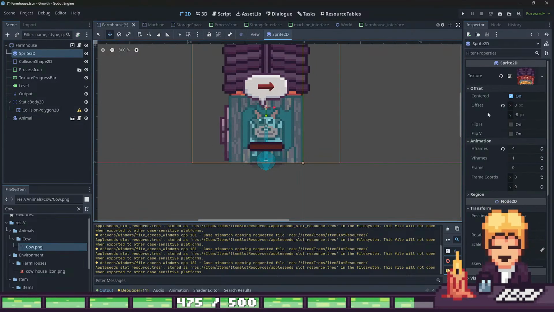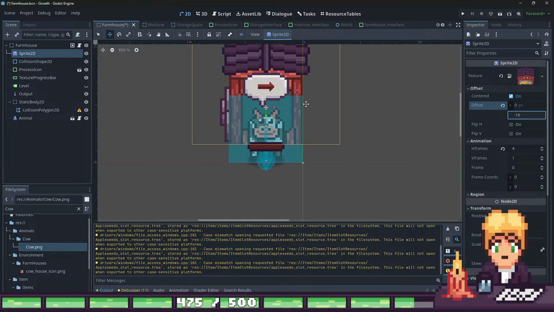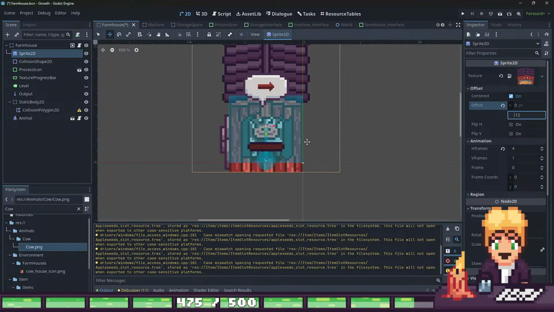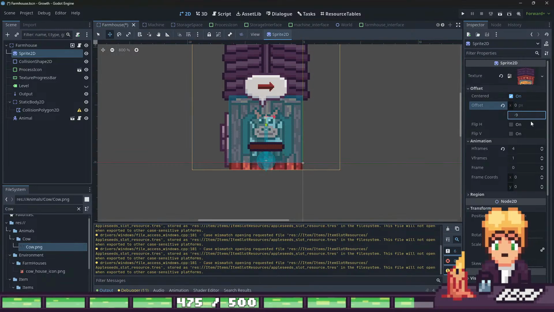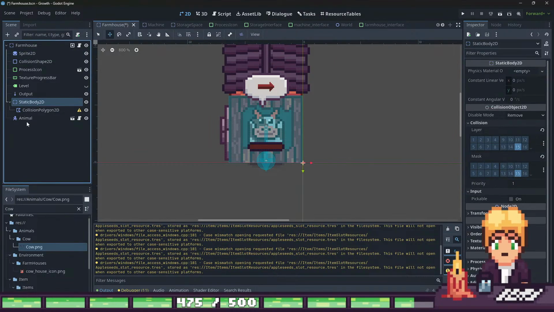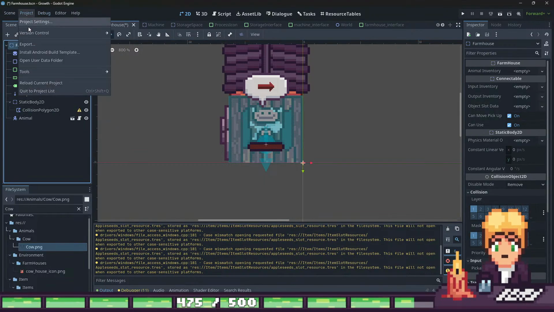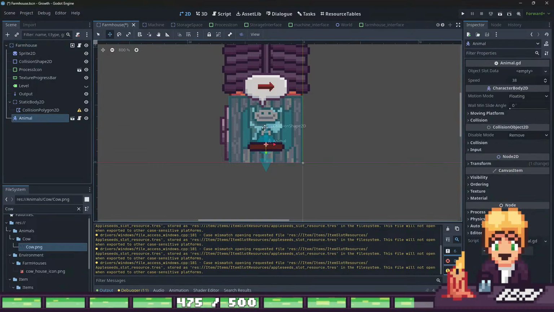Here the cow should still be behind. I hope this will work. The only thing I worry about right now